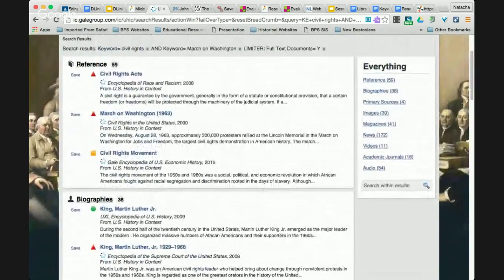You can see that the triangles are the reading level, and I have to apologize, a window popped up. The red triangle means it's advanced. The yellow triangle means it's intermediate. But I want you to note, here's an article called the Civil Rights Act, and it's in a pretty complex encyclopedia, the Encyclopedia of Race and Racism. And it's in this database called U.S. History in Context. And if we click that title,